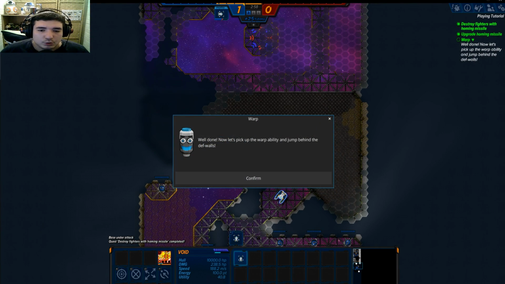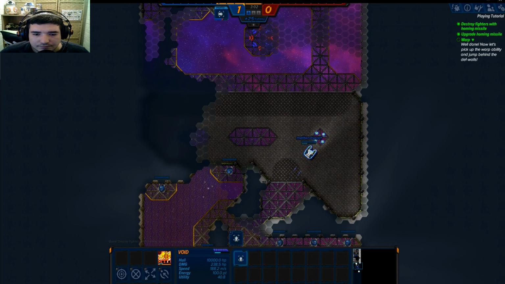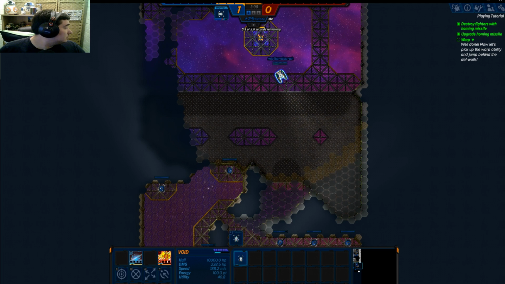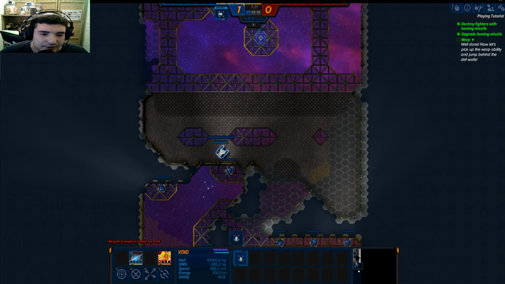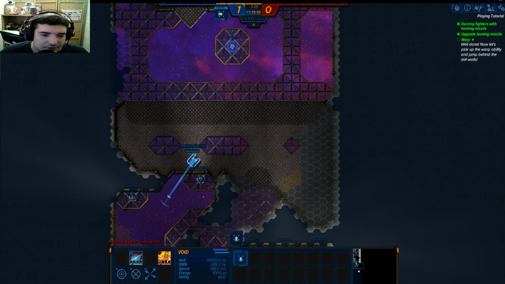Well done. Let's pick up the warp ability and jump behind the defense walls, which is here. There we go. Okay. So I'm just increasing my energy, because basically your top bar is your health, your bottom bar is your energy, which is what you need for